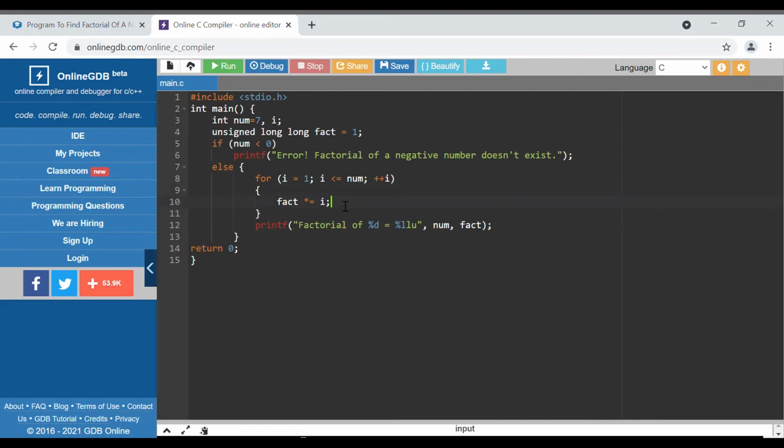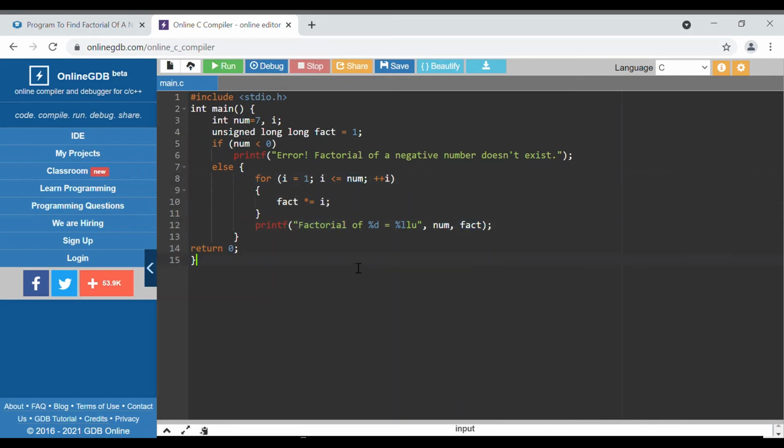In a similar way, next time the i value will be 3 and the factorial value will be 2. So fact equals fact star i, that is 2 cross 3, which is 6. So the new value of fact will be 6. In this way all the multiplication will be done, and at the end of the loop we will get our result.